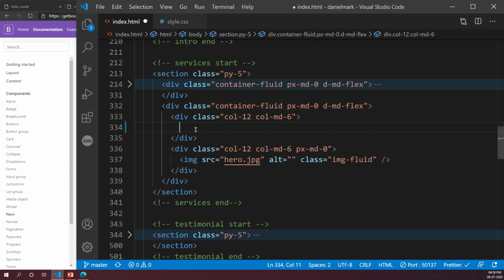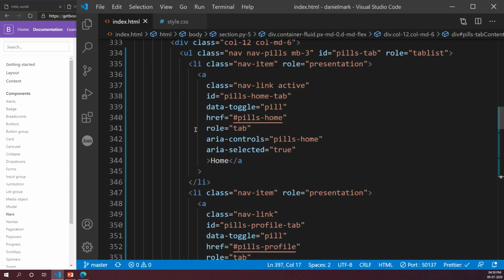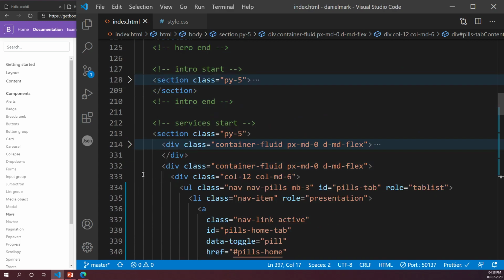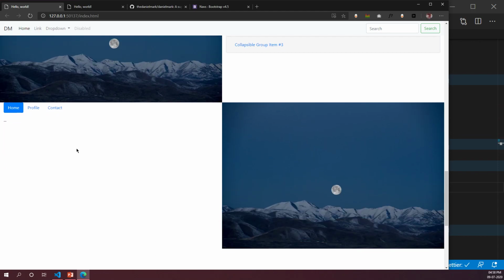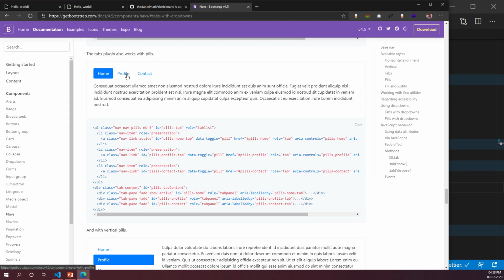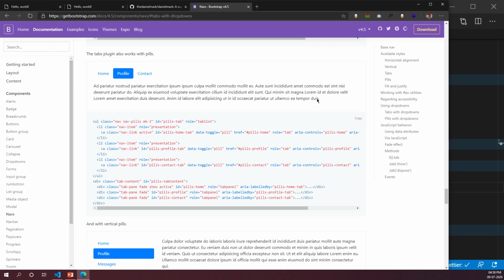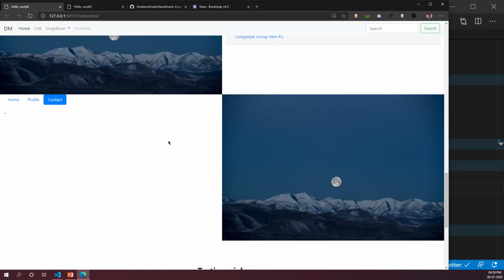Okay, now what I want you to do is just paste the code in there. Remember we had tabs, right? Paste it in there. Done? And then I'm going to collapse this again. But if I go back to my output, you should see tabs in there. As you can see, there are only 3 dots over here. That's because in your Bootstrap output, these guys have put a paragraph in there, but if you look at the code, they have filled the content with just 3 dots. So that's something we'll have to replace. Other than that, everything works perfectly normal.